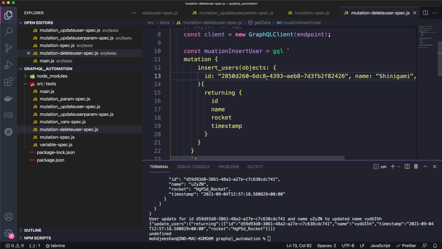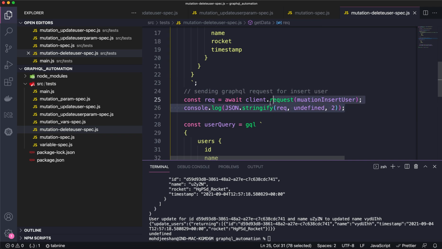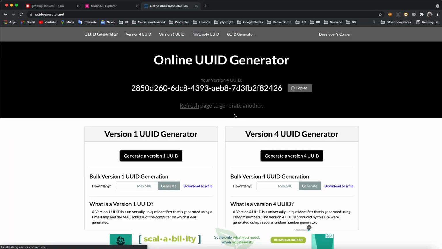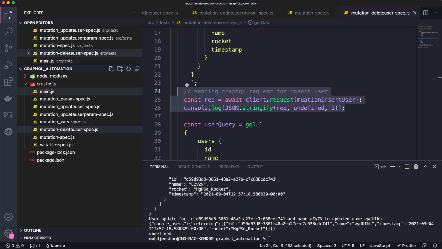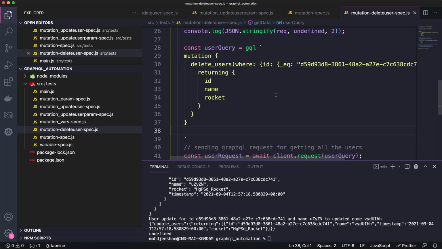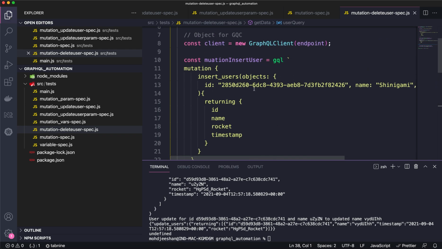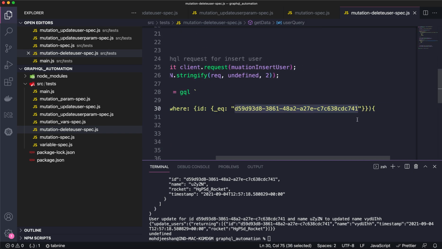Now what this particular query will do, it will create a user for you. Okay, so at this particular point you have a user created on your server side. Now you need to delete that particular user also, right? For that, let's copy the mutation which we have created in our playground, and let's paste it here. So in this case, we'll be just copying the same ID at this point. Okay, and let's put it here.